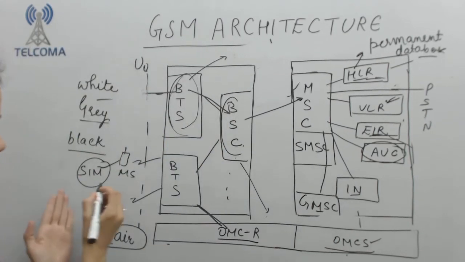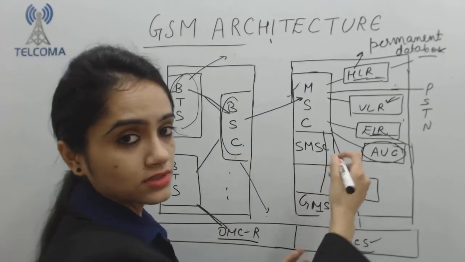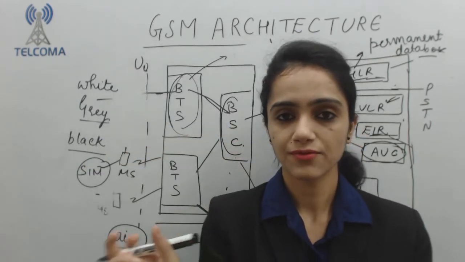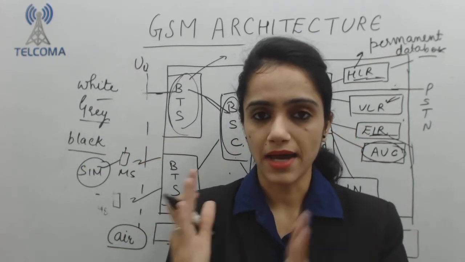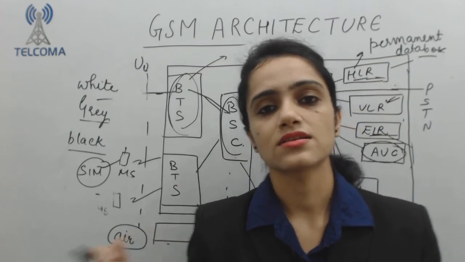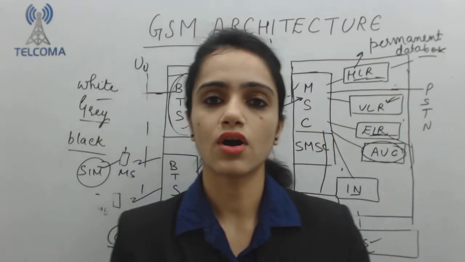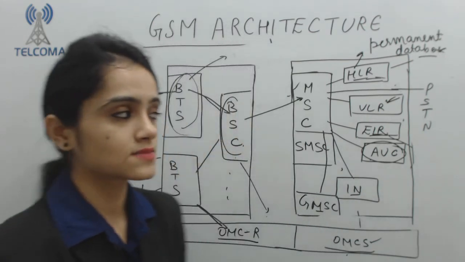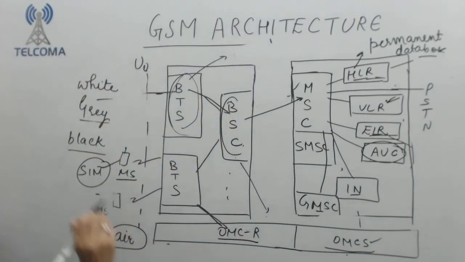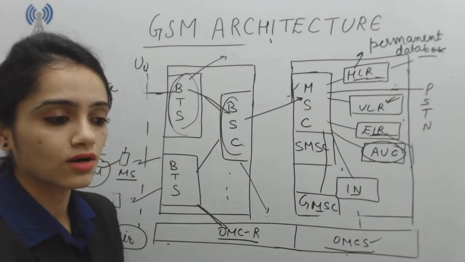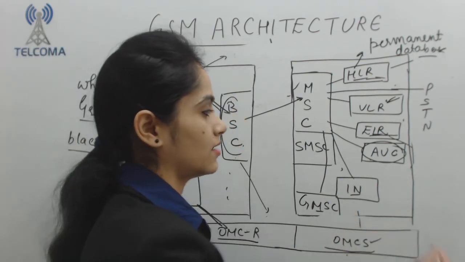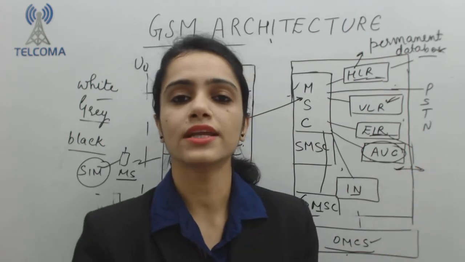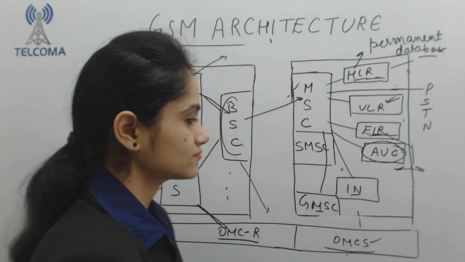Now, when this SIM wants to communicate with the network, the authentication center matches the key from the SIM. If the key matches, that means the user is authenticated, and if the key does not match, that means the user is not authenticated. So this is basically for authentication of the mobile station or the user equipment, that I am matching keys in my database. If the key is found, then only the user can call.